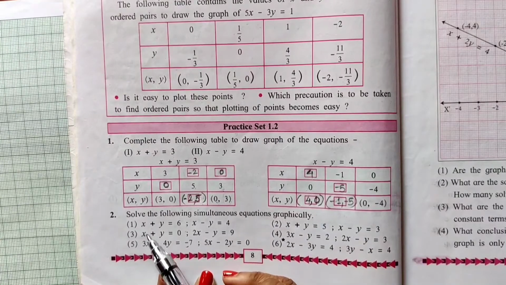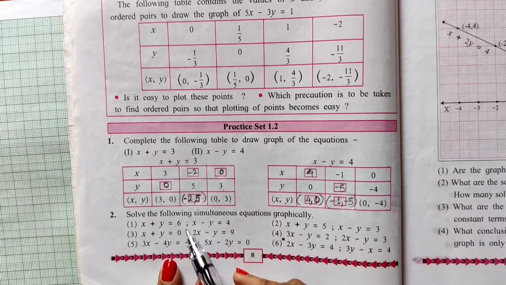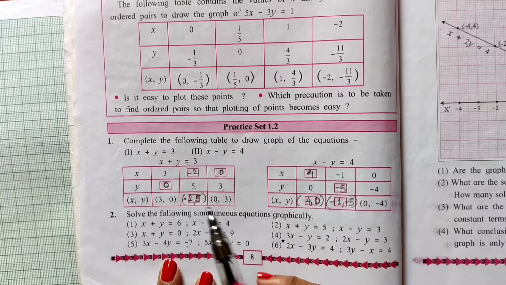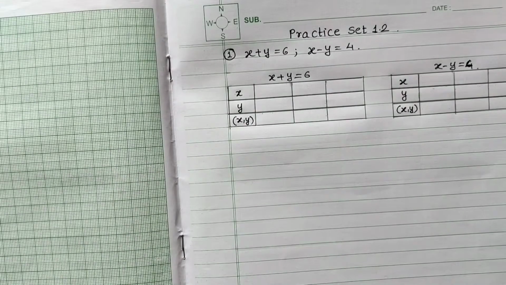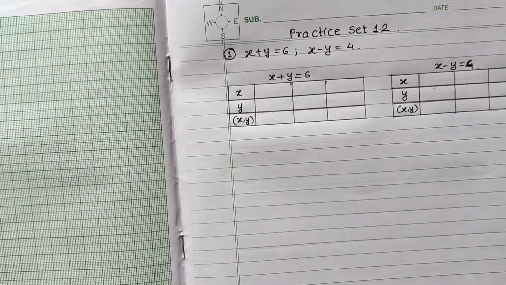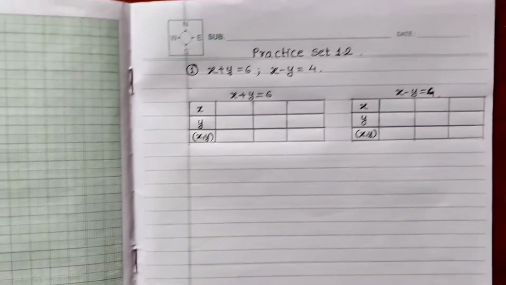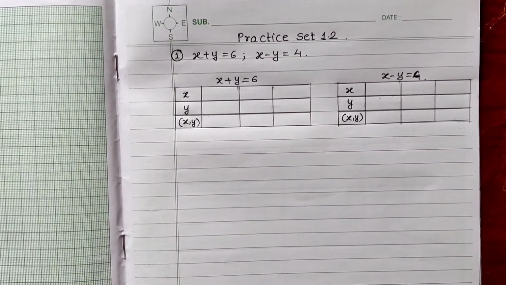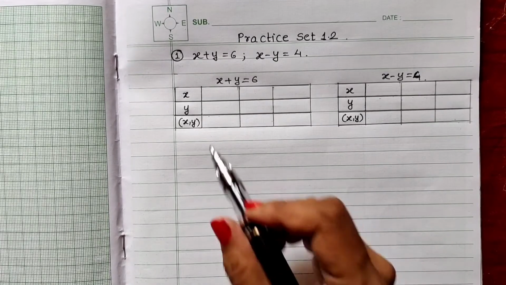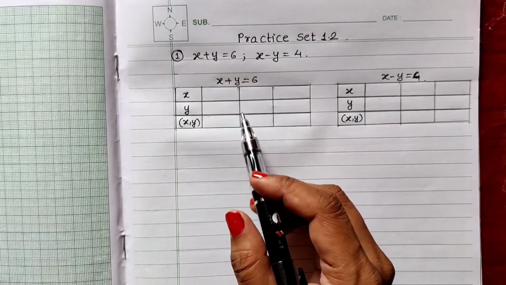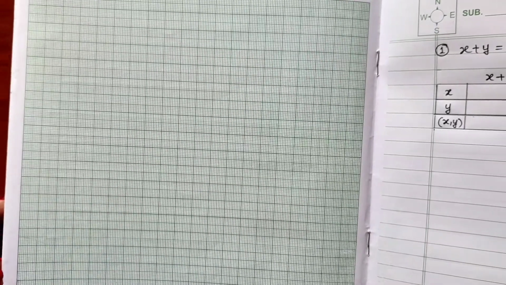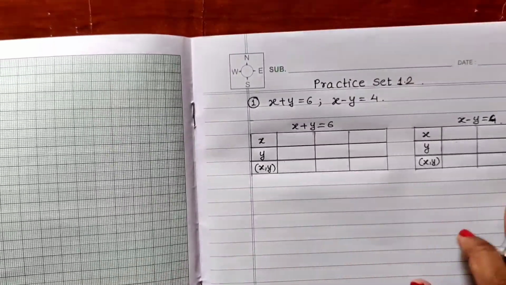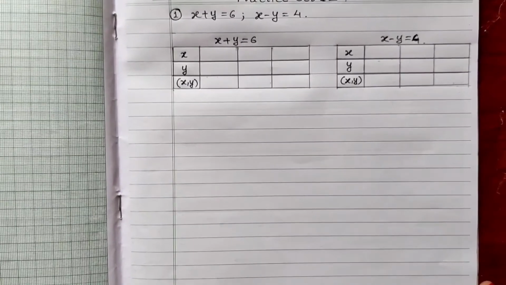First sum, the two equations are x plus y is equal to 6 and x minus y is equal to 4. So let us see how to solve by using a graph. I have this graph book with me, and on the lined side I will be solving the equations. I will get the coordinates of x and y, and then we can use the graph side to plot the points and get the lines, or the graphs, of these equations. So let us first solve this.